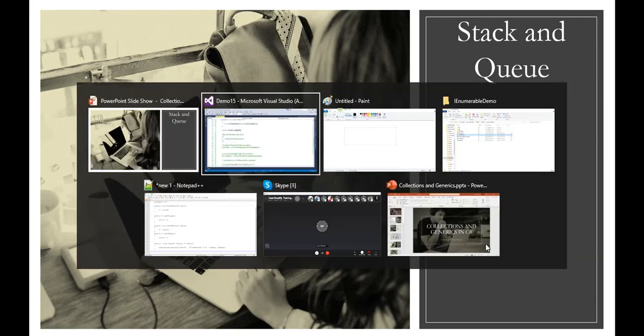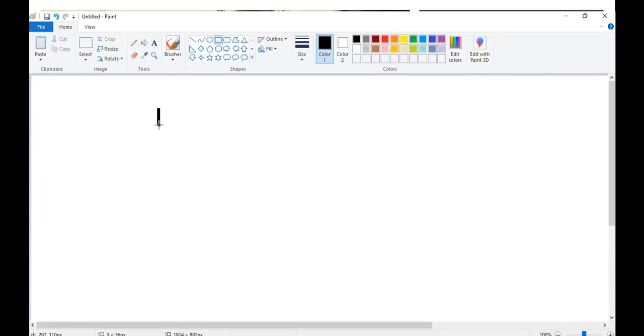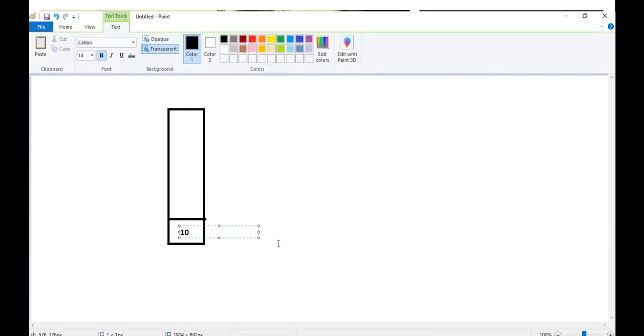Like if you see an example for this, if I draw a stack, how the stack will be? Something like this. The one end is always fixed, the downward is fixed, let's say. And when I keep on inserting the elements, how will those elements be inserted? Upwards. Like here, if I insert the first element, let's say 10, this is how 10 will be.